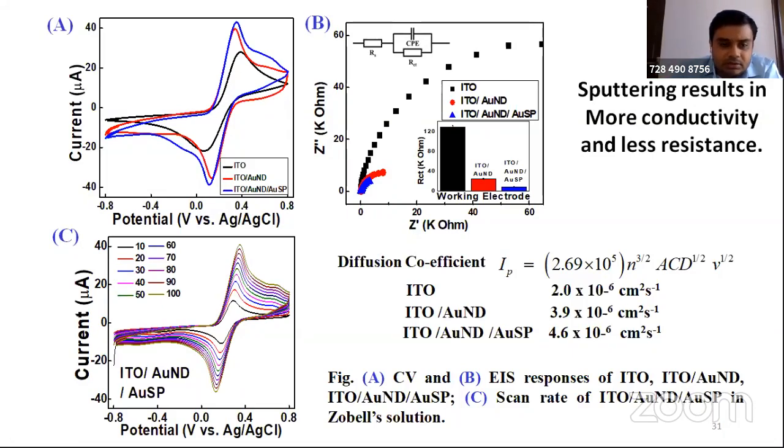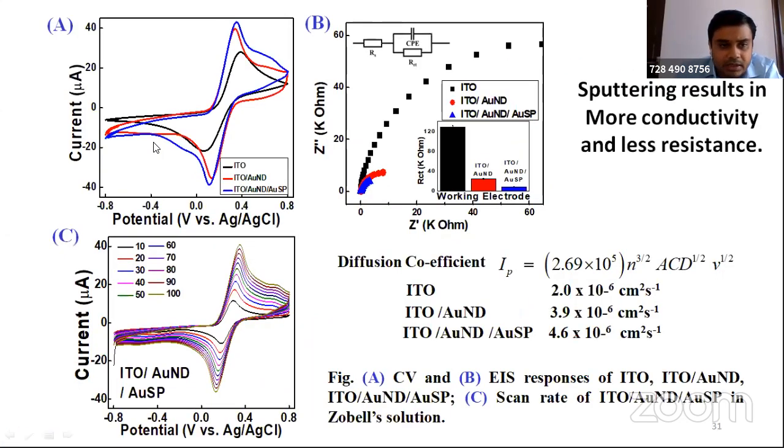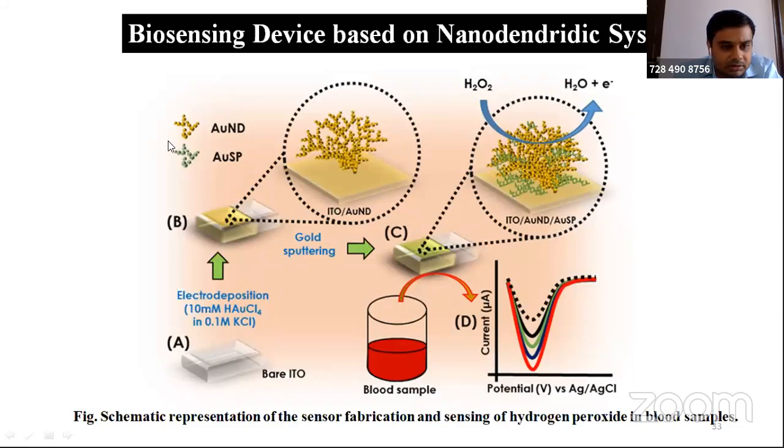And eventually after this process, we moved on to the detection of hydrogen peroxide using the biosensing system we have developed, right? In this case, we have taken hydrogen peroxide because it has a lot of biological importance in the system. And this is the final fabrication process, you can see. So this is the electrode deposition, as I have discussed earlier, using the gold system. And we have done a sputtering process, right? That's a very well known process when you go for the SEM analysis. So this has improved the system, and then hydrogen peroxide has been detected by this particular reaction directly in the